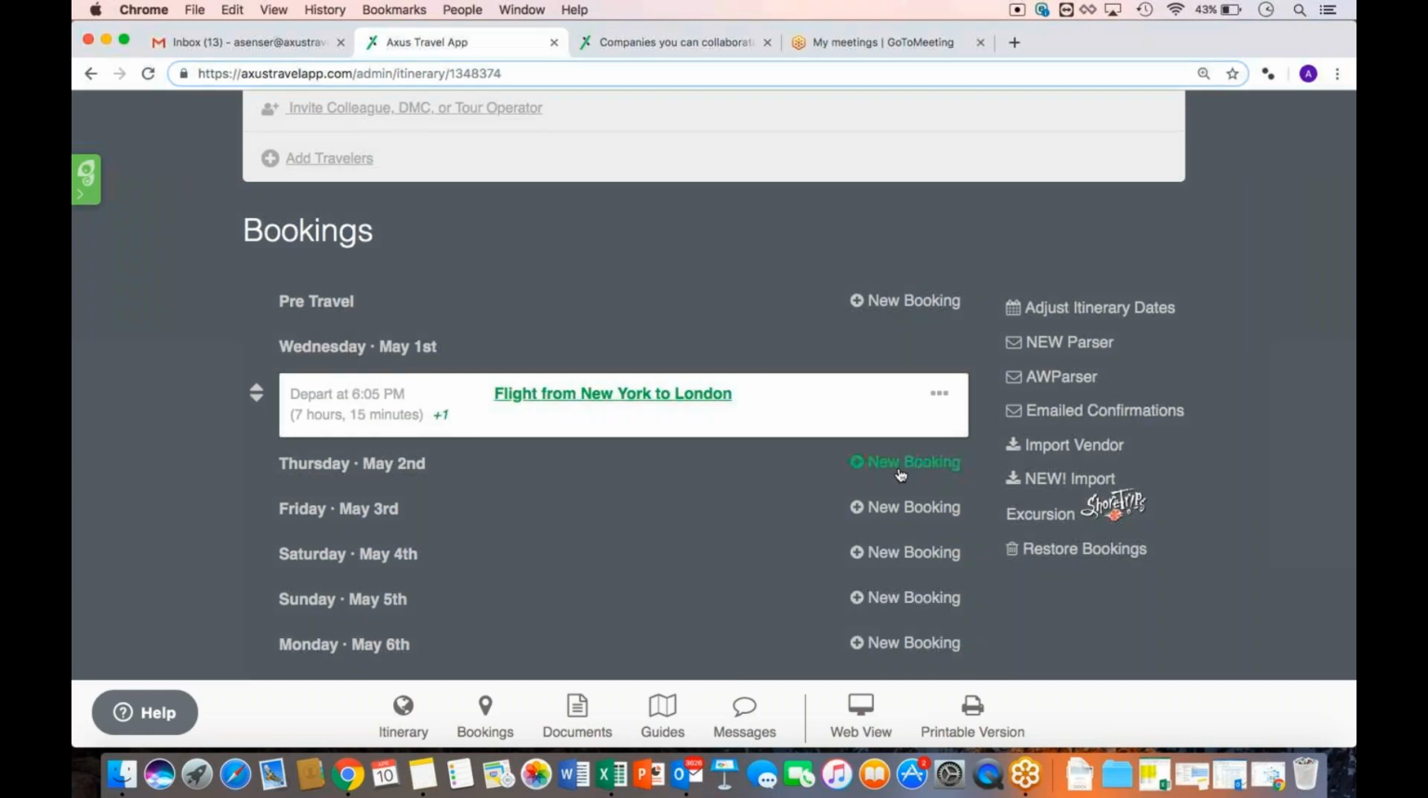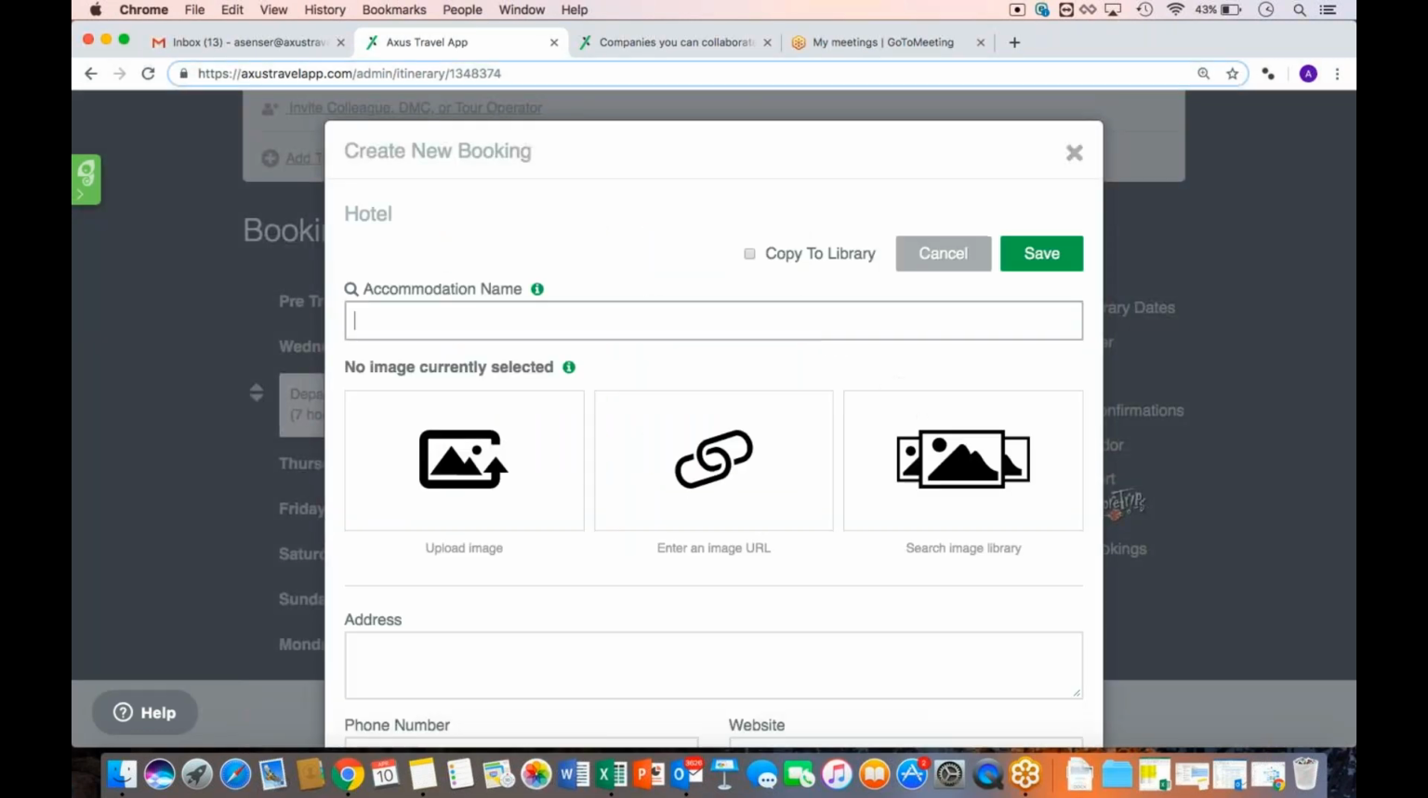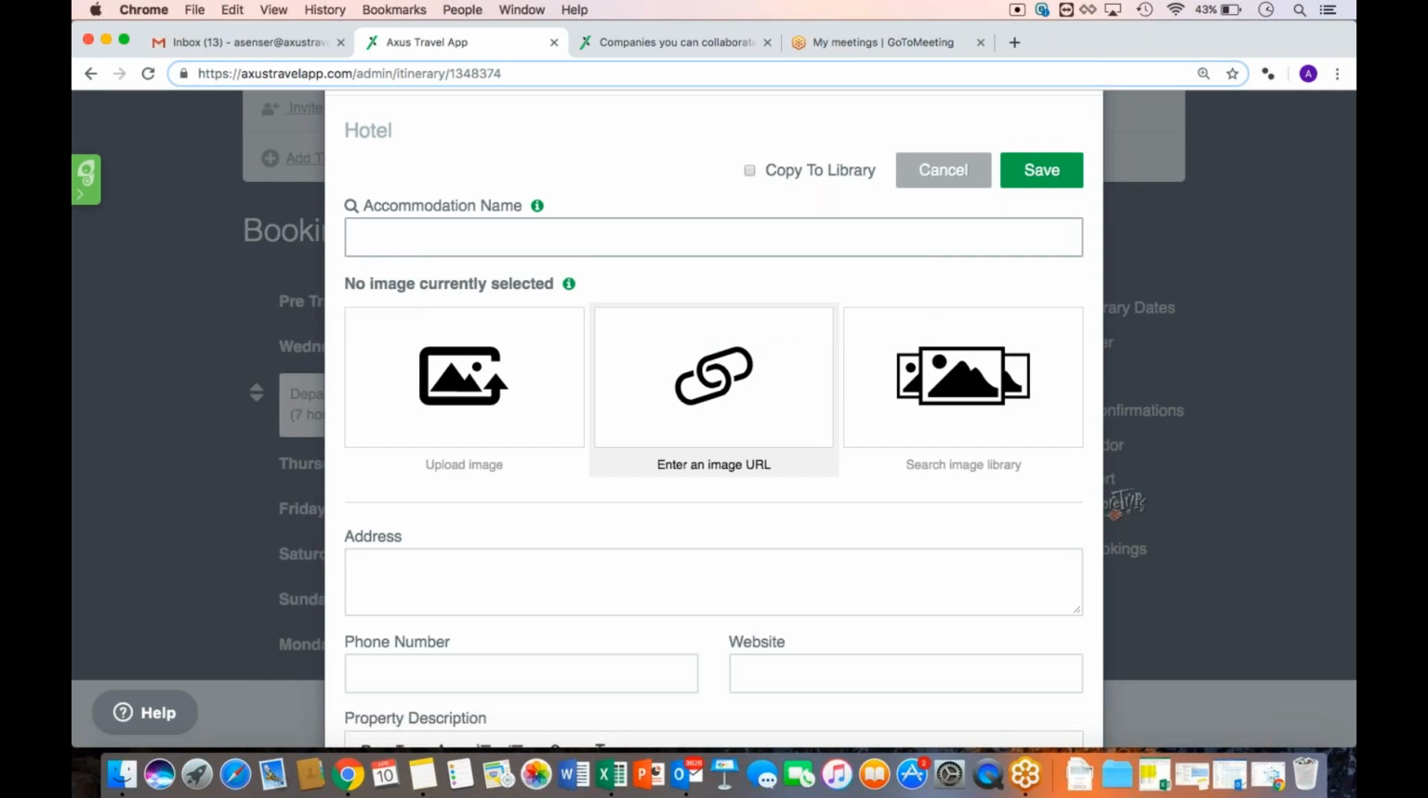I'm going to go now to May 2nd, plus new booking. Let's go to hotel. And when we start to add information, one of the items you're going to notice next to your header field or your title field for a handful of these bookings is you'll see a magnifying glass. And anytime you see this magnifying glass, it is an indicator that this is a field where we are pulling through either external information. So for our hotel, we're pulling through consortia, preferred hotel details if you're with Signature or